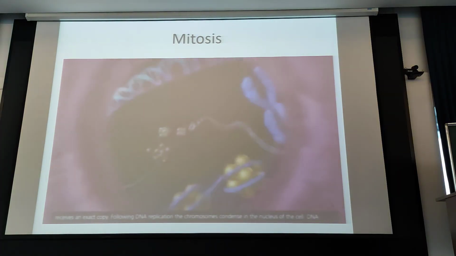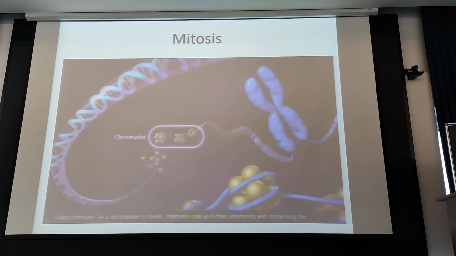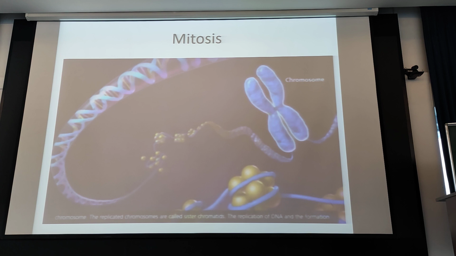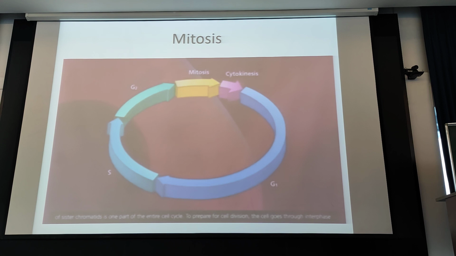Following DNA replication, the chromosomes condense in the nucleus of the cell. DNA condenses by wrapping around cores of histone proteins, forming nucleosomes. This beads-on-a-string structure is called chromatin. As a cell prepares to divide, chromatin coils up further, shortening and condensing the chromosome. The replicated chromosomes are called sister chromatids. The replication of DNA and the formation of sister chromatids is one part of the entire cell cycle. To prepare for cell division, the cell goes through